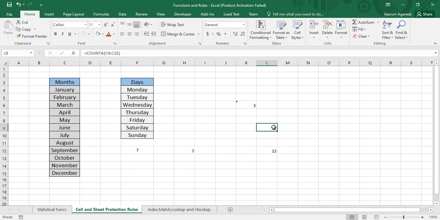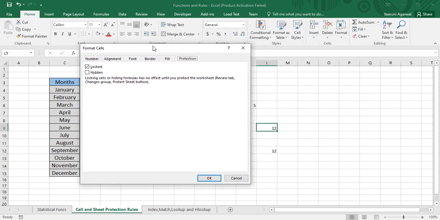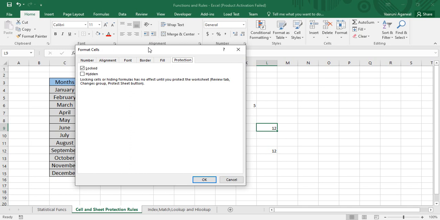Now if you click on this cell and go to the formula bar, you can see the exact formula acting behind this cell's contents, and not the data 12. Alright, so if you go to one of the cells, right click and go to format cells. Now the cell is locked, which we are going to keep as it is, but we are going to check this hidden option. Now when this hidden option is checked and your sheet is in protect mode, then the